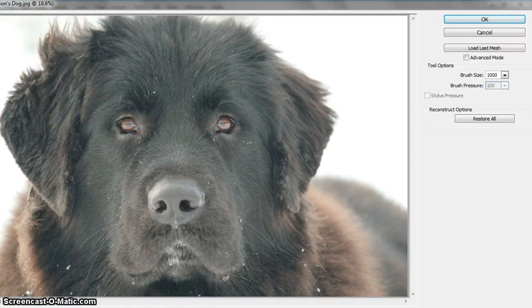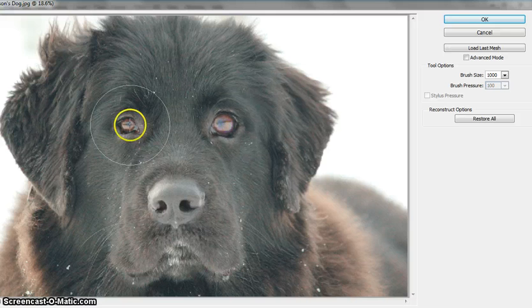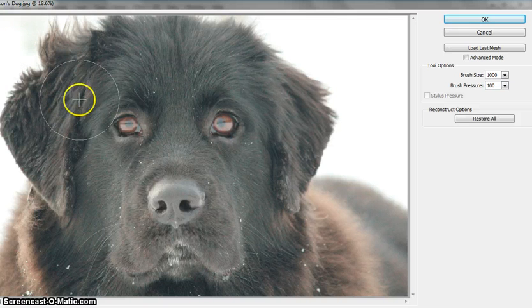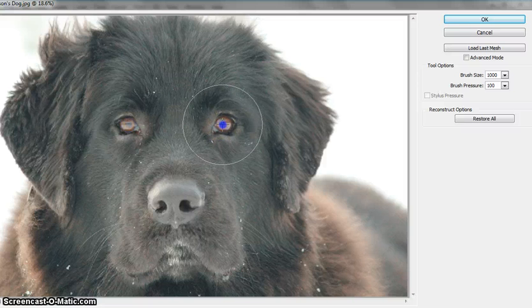Right now I'm going to turn on the bloat, and I can put my cursor, or the crosshair, excuse me, right over one of the eyes, and I can just hold down on my mouse and make the eyes bigger, like that, and go on the left side and choose the reconstruct, and so I can go back and reduce the size again using the reconstruct tool. The pucker tool, I can make something smaller,